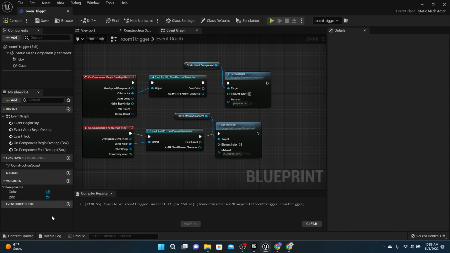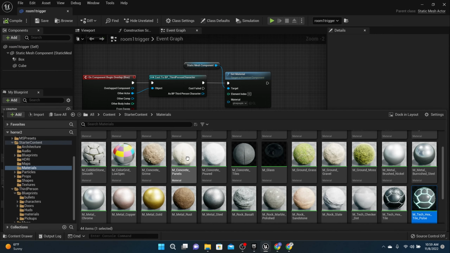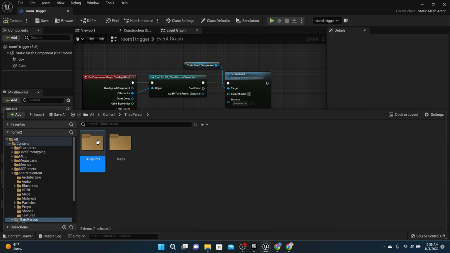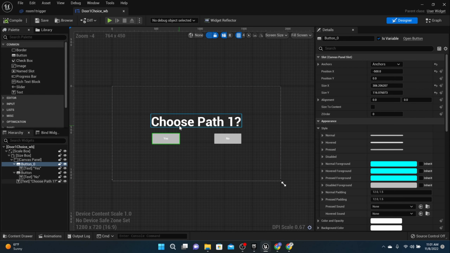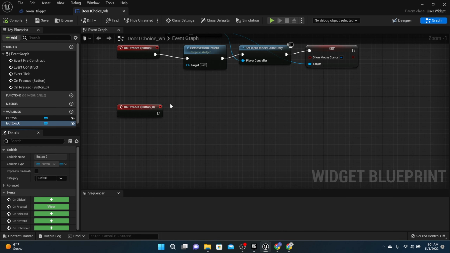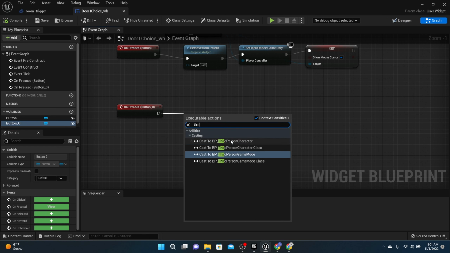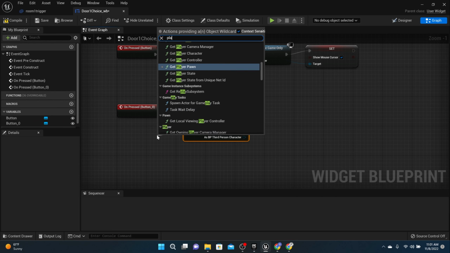here we'll go to the HUD actually, so it has to be on the yes. So go to your HUD in your third person, blueprints, HUDs, go to your door 1. When they choose yes, we're going to give the player character a variable. So cast it a third person character. And then write player character